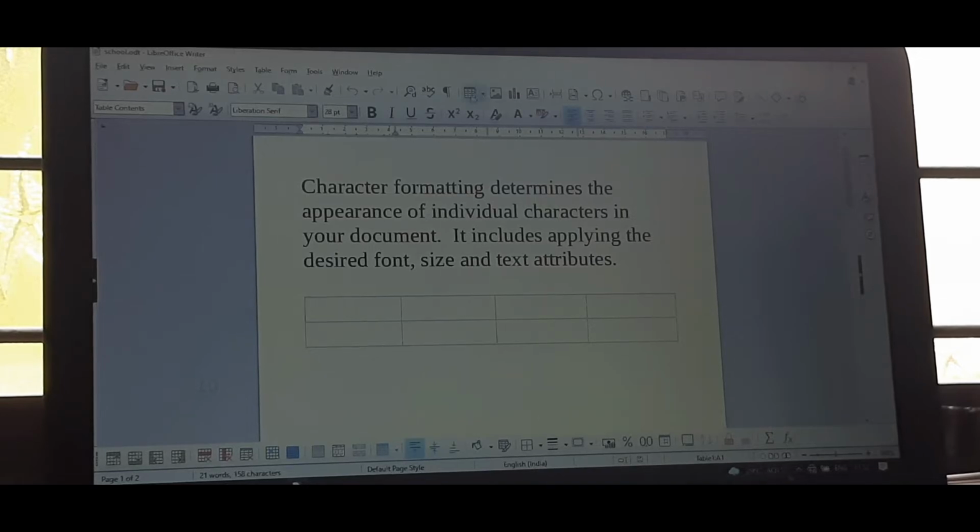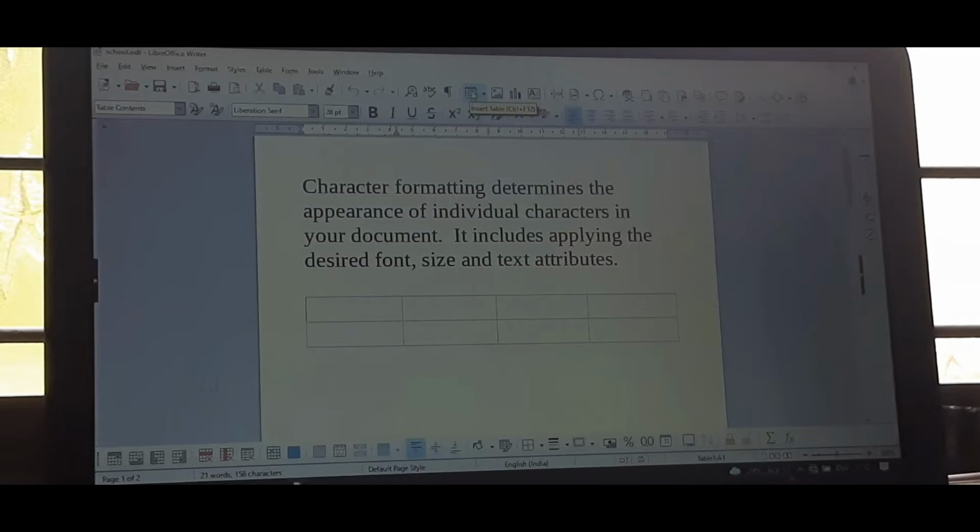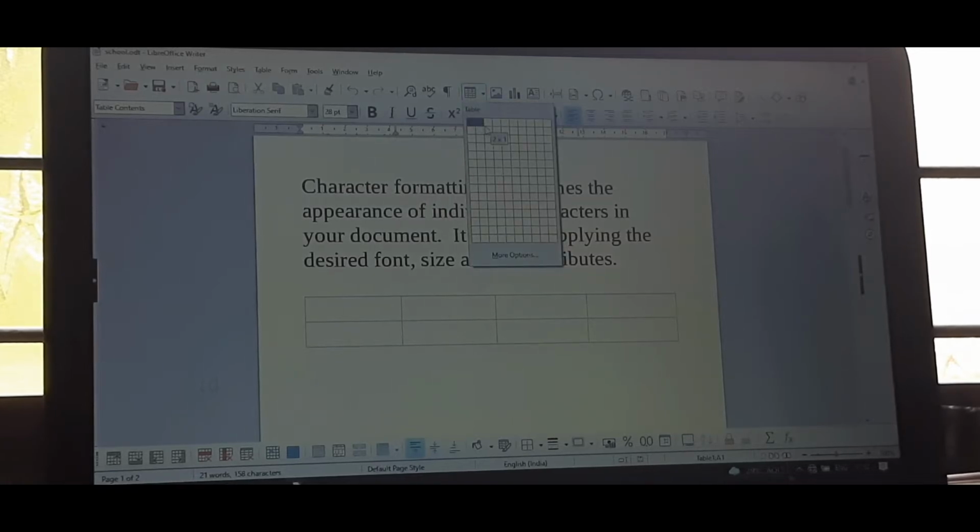Or from the Table button. This is the Table button. See, if you click there and simply place the mouse over it, you can choose how many rows and columns. Here, three columns and 2 rows.